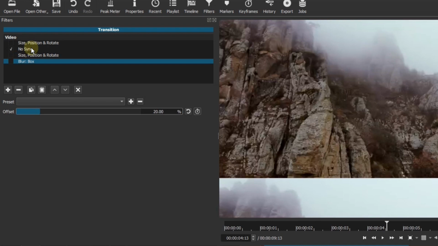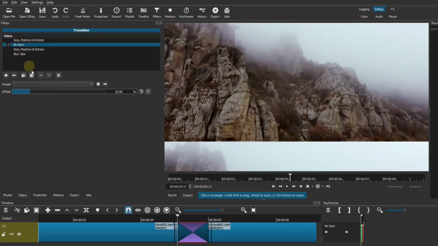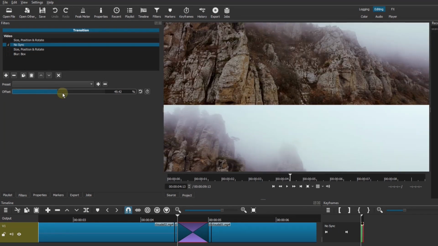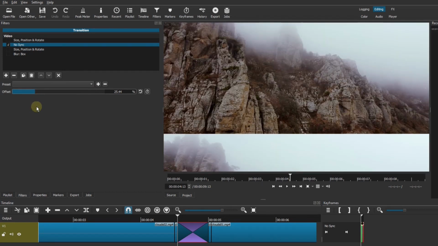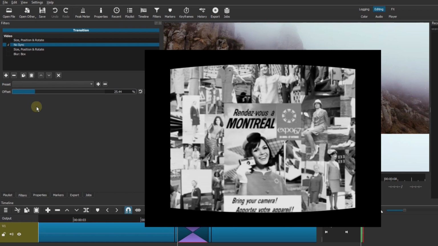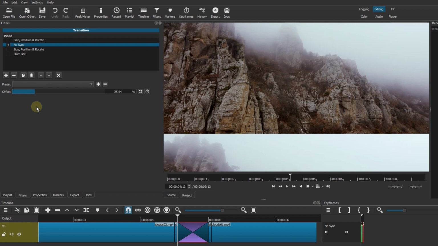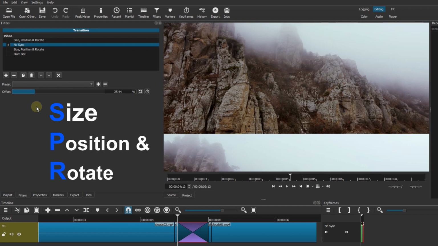Even if in appearance, it is a pretty basic filter, it is nonetheless the star of the show. Its only purpose as a filter is to make the image roll vertically on the screen. It can be used, for example, to simulate what was called a V-hold malfunction on old CRT television sets. But of course, we don't want our transition to travel vertically. We need horizontal movement. That's why we also use 2 size, position and rotate filters. By the way, from now on, I will refer to them as SPR filters.